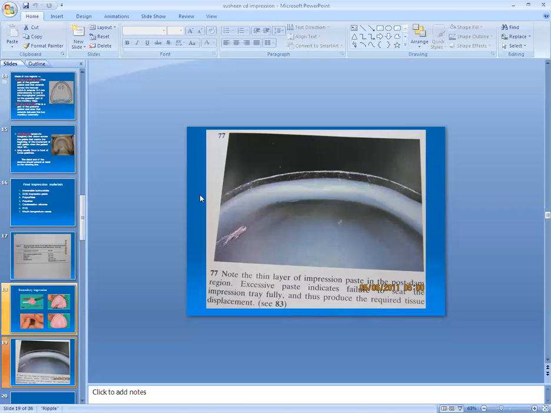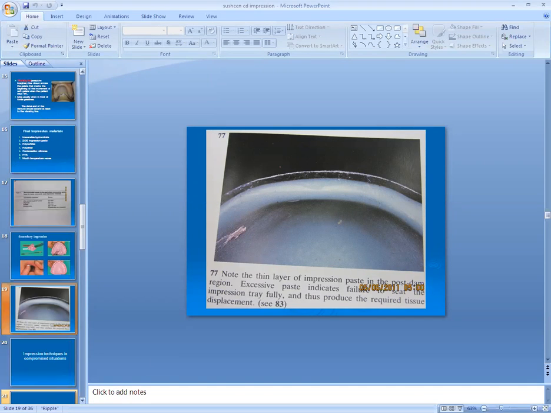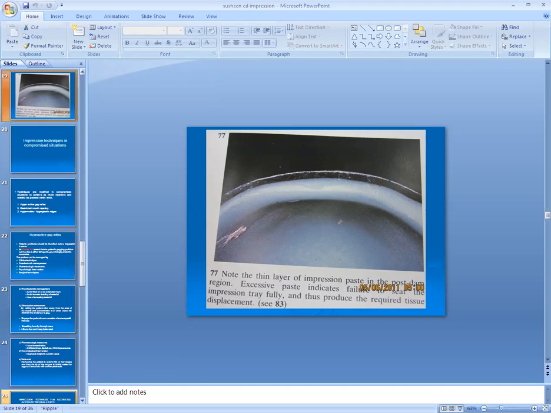If a thick layer is present, then either your border molding is not proper or you have not manipulated properly. A wash impression should always have only a thin layer all around the borders.